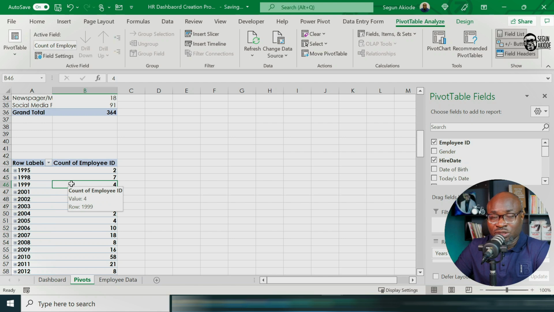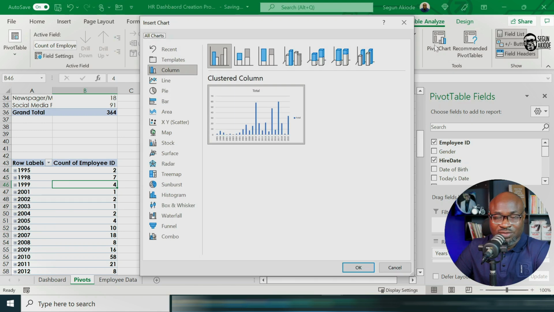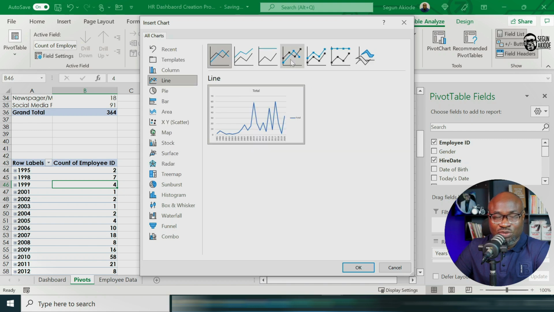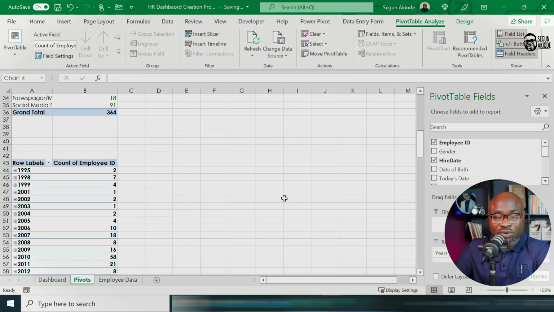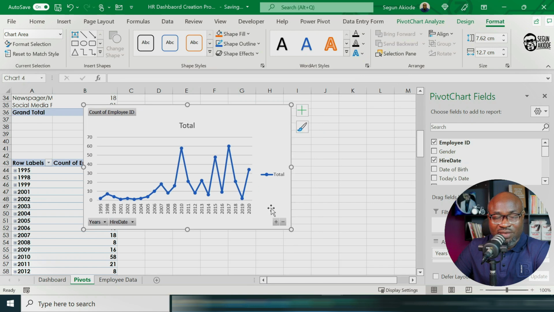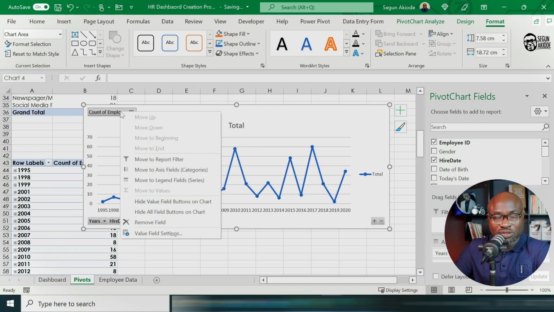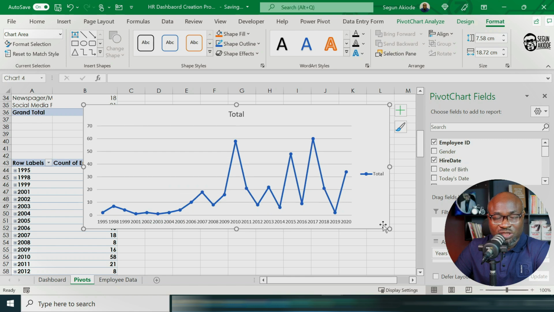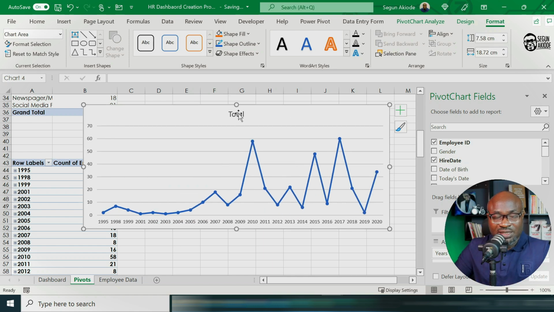Then all I need to do now is to create a pivot chart for that, and this time around I'm going to be using a line graph. So I will use this with markers and I click OK, and here you have it. I can expand. All I need to do is to hide all field buttons on charts and take away the legend, rename this as hiring trend,